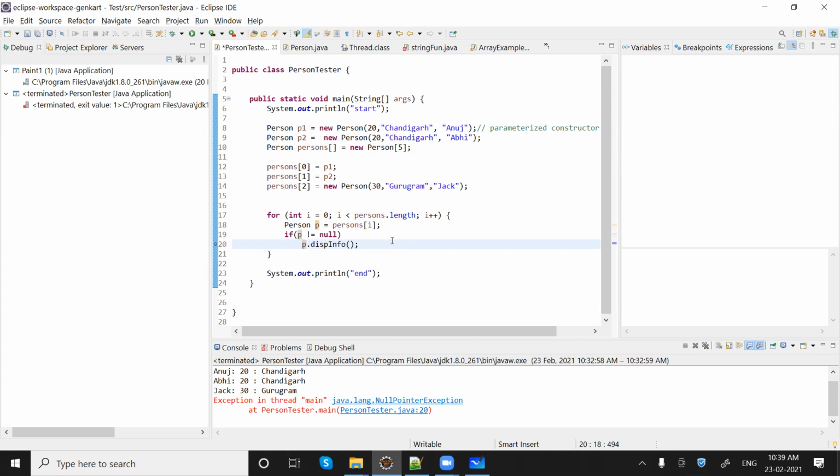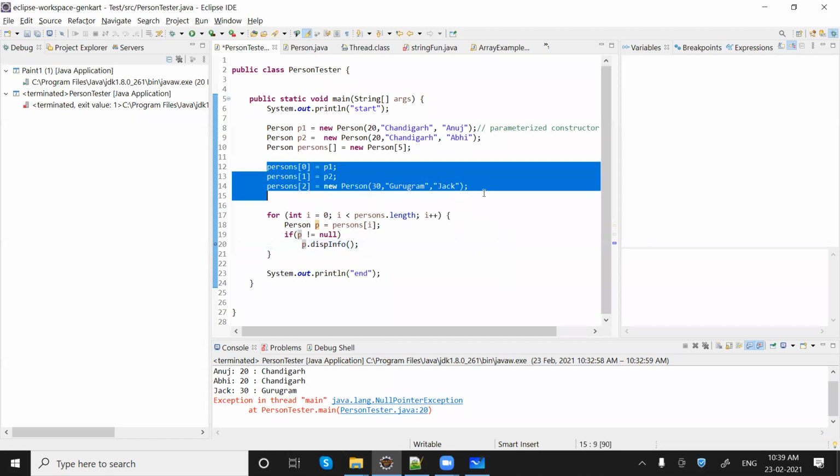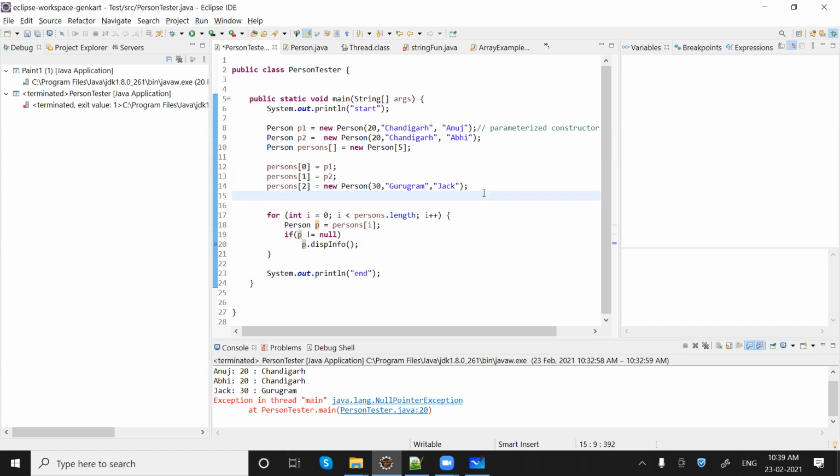If we don't use a new array of objects, can we get it like this? Before p1 and p2, we are assigning objects, the array of objects. If we assign numbers directly to p1 and p2 in the arrays, like we did before, then we cannot use this person p right here. Yes, exactly.